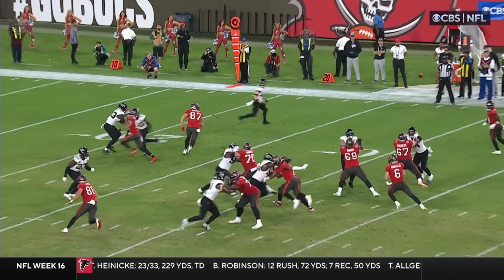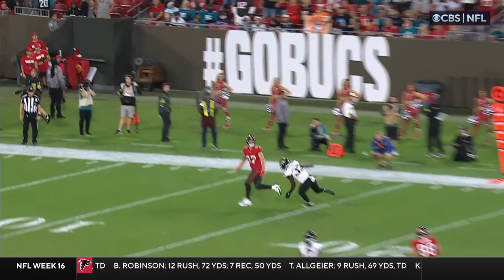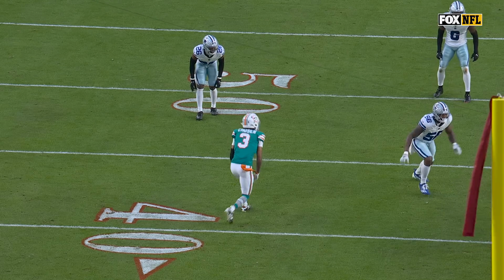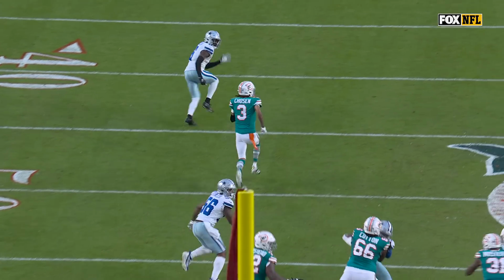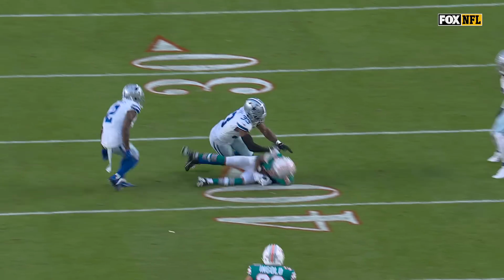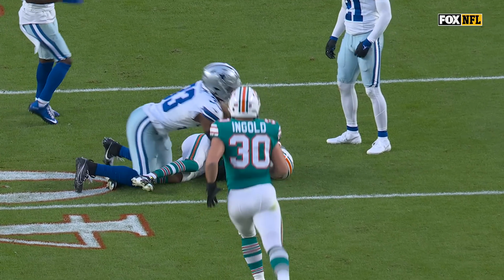1st and goal. Durham on an out and up with the wheel route to the sideline, and excellent throw by Mayfield. Good adjustment by him. Something for us to talk about and point out. Dallas is traditionally a man coverage team. They just knew this week. We'll cover it when we get back from...